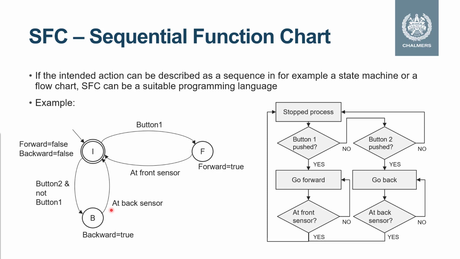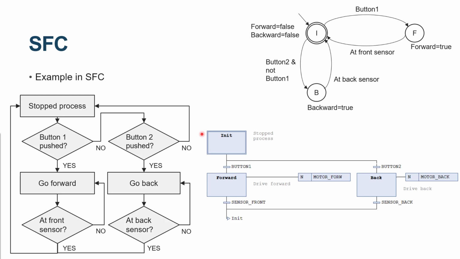In a sequential function chart program, the same program is described here. We start here in the initial state, in the init state, where the process is stopped. It waits for button 1 or button 2. In the SFC programming language, this is called a transition. It's something that needs to be true for the program to move from one step to another, just as in